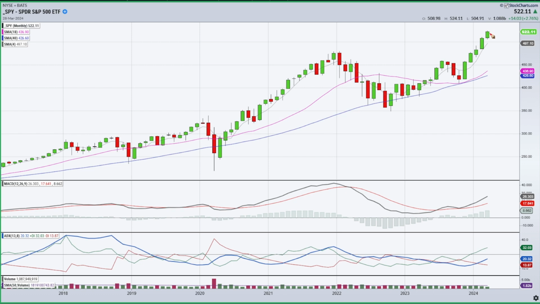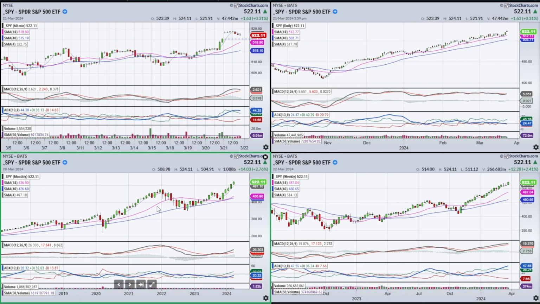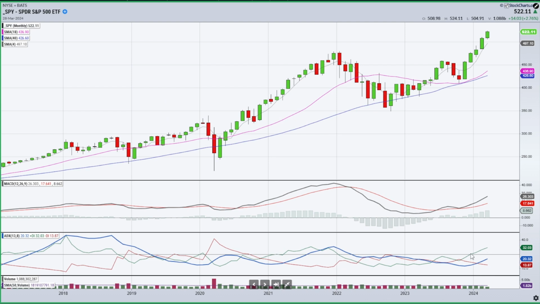If it does, then we probably start thinking that it's going to blow off in some shape or form and form some kind of a climax. But the momentum signs are pretty good. I mean, you can see in green the DI making a pretty strong move, and it's causing the ADX to at least be rising. Now, if you notice, it's starting from a really low area, but the fact that it's rising is important. I know the bogey is this 25 line, but when it's rising, we have to respect it.